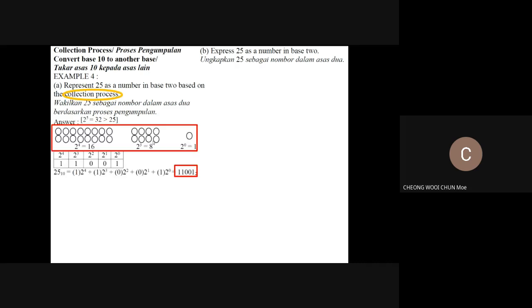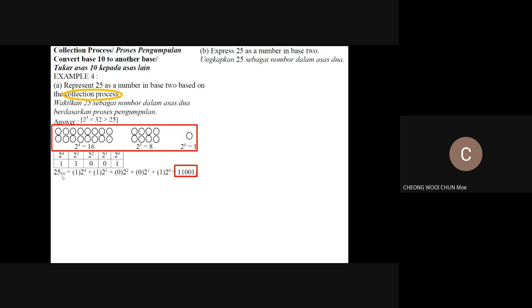Okay, so from here I know it is 2 power 4, 2 power 3, 2 power 2, 2 power 1, and 2 power 0. 2 power 4 has 1 of it, only 1. 1 times 2 power 4 is 16. If it were 2 times 2 power 4, it would not be 16 anymore, it doubles. Then 2 power 3 has 1. And then 2 power 2, none, so 0. 2 power 1, also none, so 0. 2 power 0 has 1, so I put 1. So the answer is